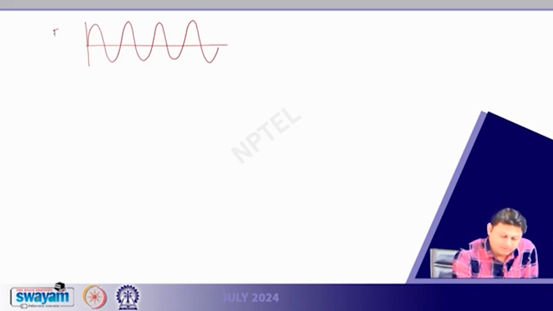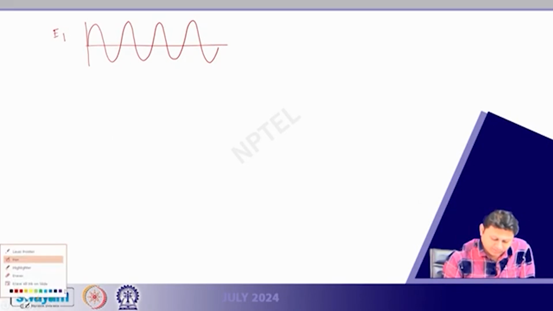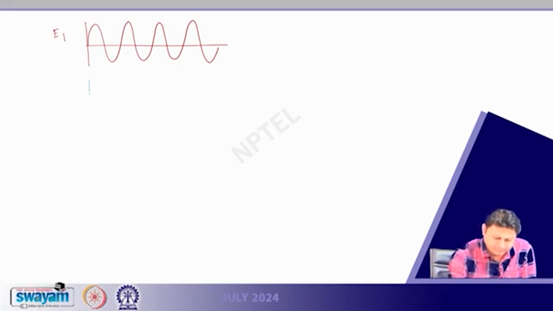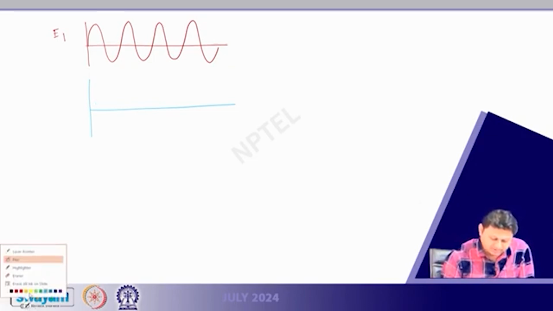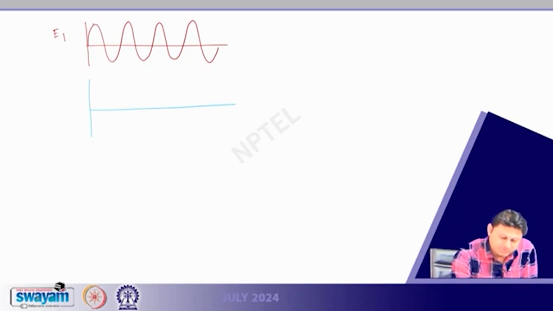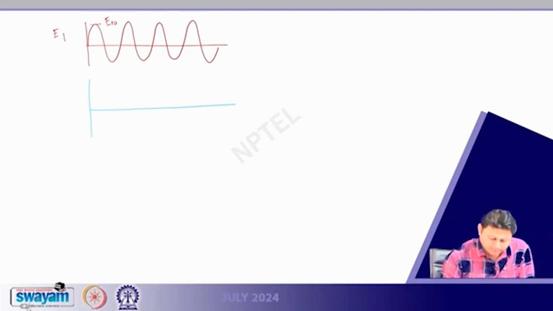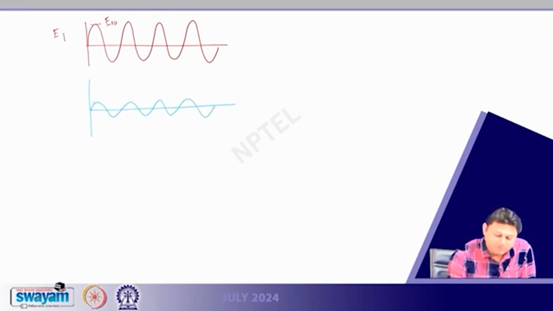So this is my E1, and I can have another wave with different amplitude. No, we take different amplitude, because in E1 this amplitude was E10, and for E2 let us take another amplitude but the same frequency, maybe a less amplitude,